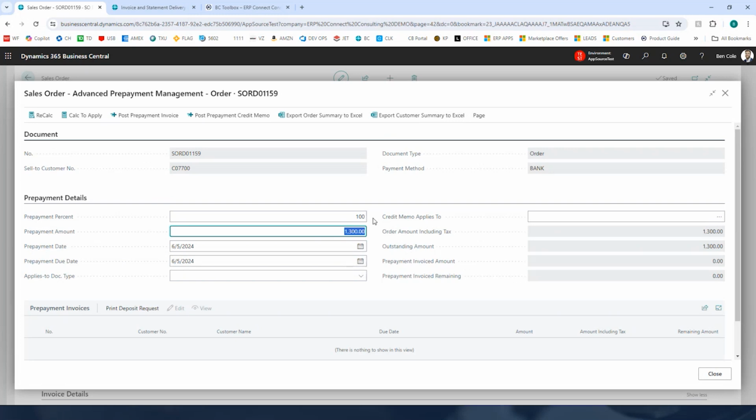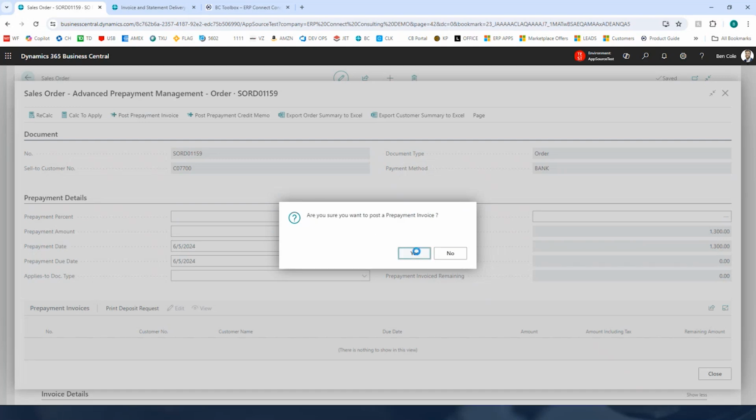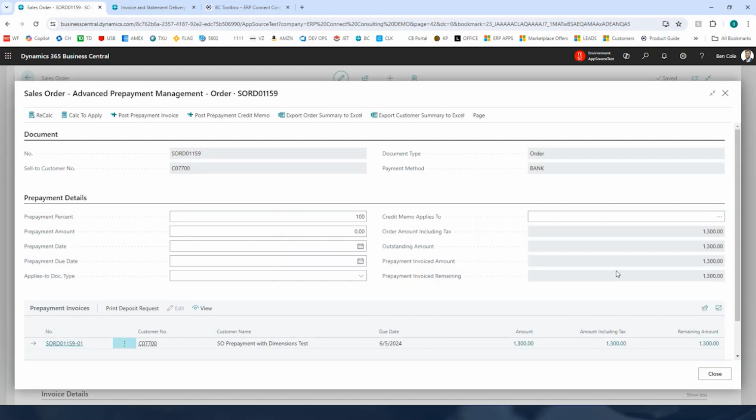And if you're short, let's say we only do 50% here, $650. It's going to take the $650. It's going to invoice them $650 on the prepayment, and then once the order's fulfilled, $650's already been paid. And now they're still going to owe us $650, so that'll go on our accounts receivable, and we'll put it on their AP. So again, just a few different things to look at. We'll do 100% here. I'm going to post this prepayment invoice, and now you'll see I've got a prepayment document. This is actually going to make a full-blown